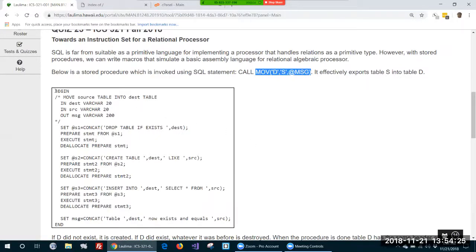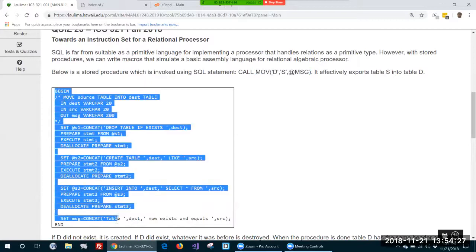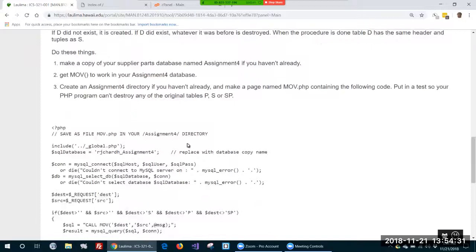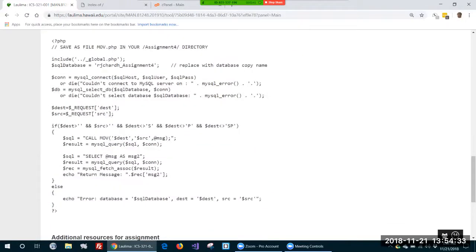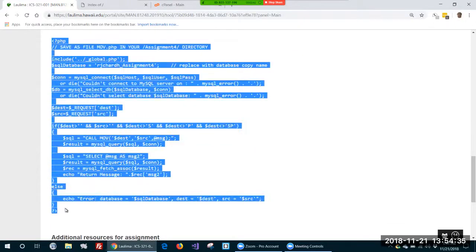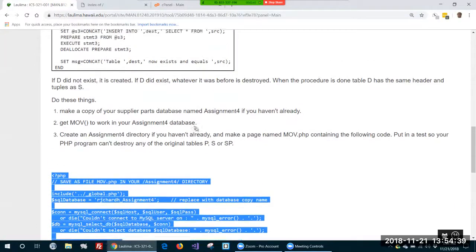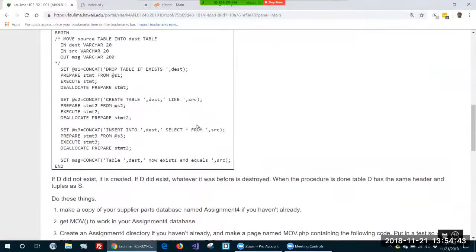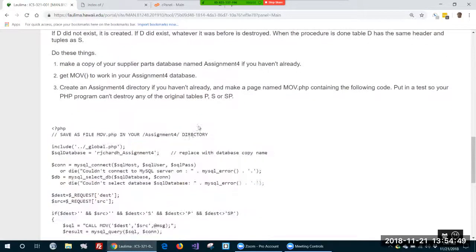So I give you the stored procedure here. And then I ask you to implement this PHP code, which you can just copy and put over there, and verify that it all works. And so first of all, you have to know what it's supposed to do before you can verify that it works. And basically, all this thing does is you put in a source table and a destination table,